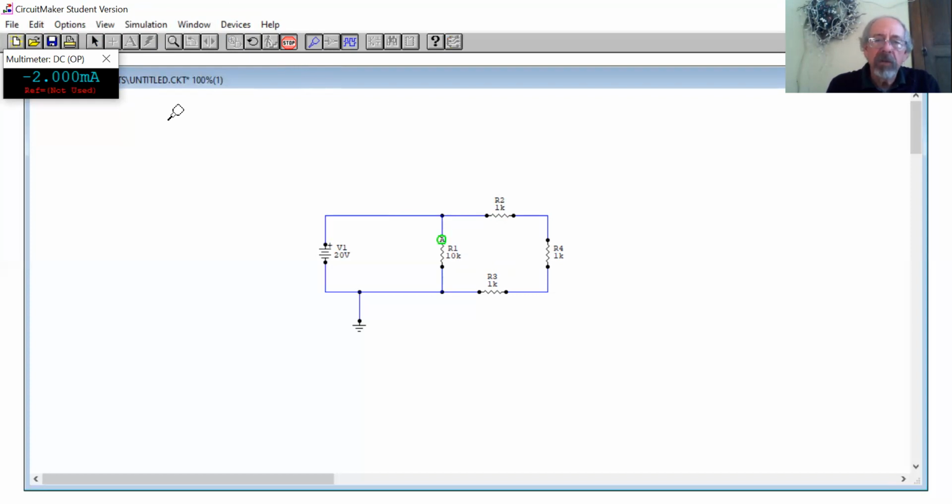interestingly enough, I still have 2 milliamps of current. Oh, that's because my mark is down here. If I move this, my voltage is 20 there, but let's take a look over here. Now my voltage is 13.3, 6.67, back to 0 over here. If I look at the current through this guy, the current over here is 6.667 milliamps, because again, I have less resistance, so it's more current than was going through this guy,